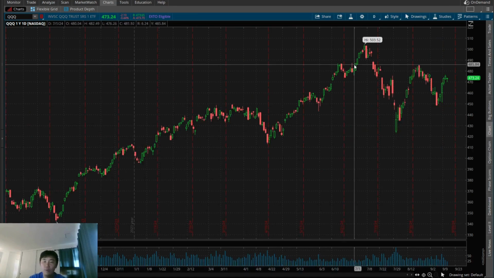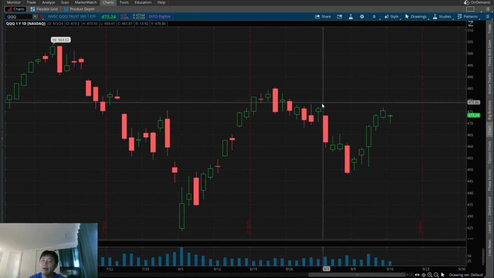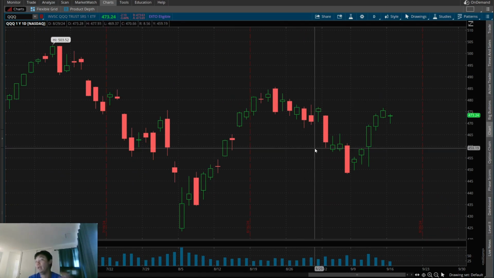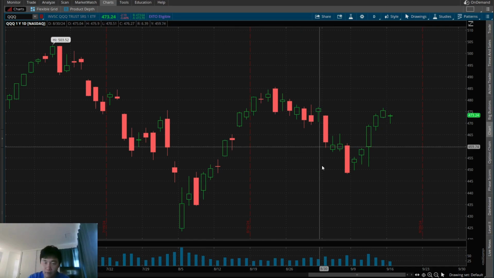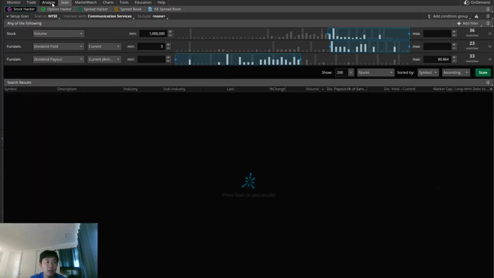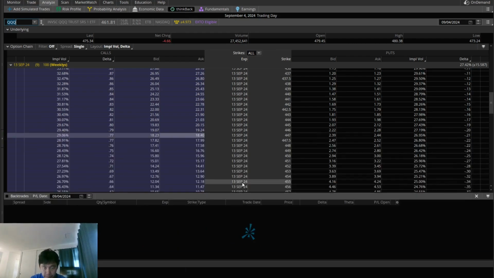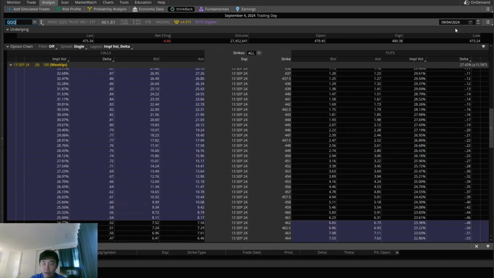So no, we're not calling the top here, but I would say this is a good, counterintuitive place for the market to kind of dump. So I did notice that skew on that day was very high. So what I did was I put on that trade that I was talking about. And to illustrate the implied volatility, we're going to go back to August 30th,